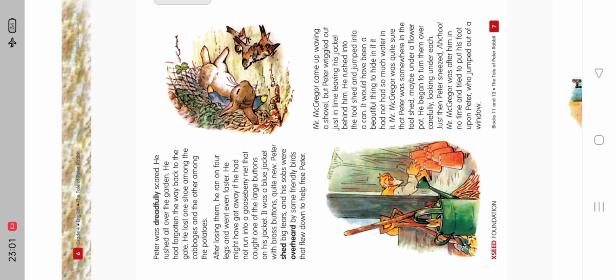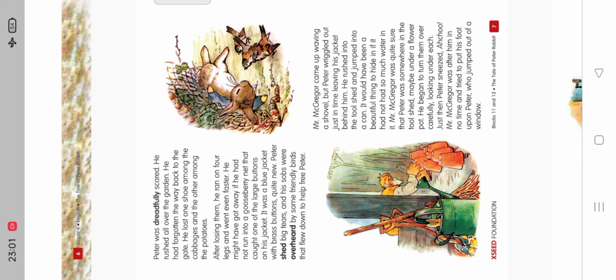It was a blue jacket with brass buttons, quite new. Peter shed big tears, and his sobs were overheard by some friendly birds that flew down to help free Peter. Mr. McGregor came up waving a shovel, but Peter wriggled out just in time, leaving his jacket behind him.